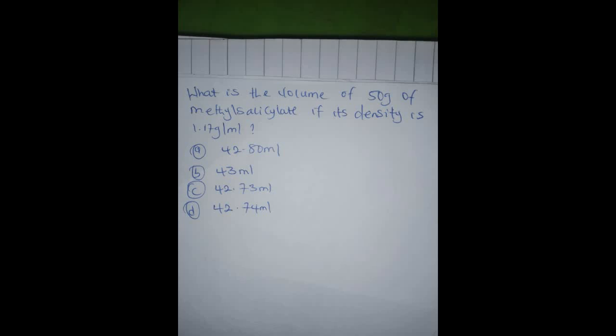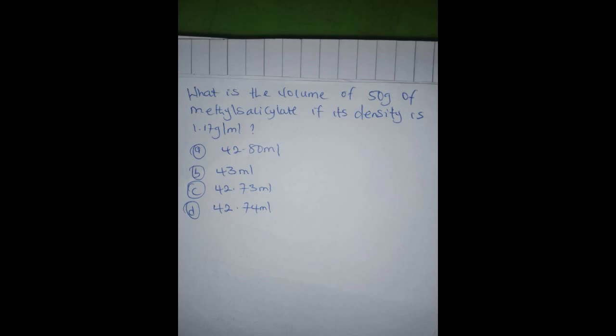You know that density is equal to mass over volume. We are looking for the volume, so volume is now equal to mass over density, if you cross multiply and make the volume the subject of the formula. Now, option A says